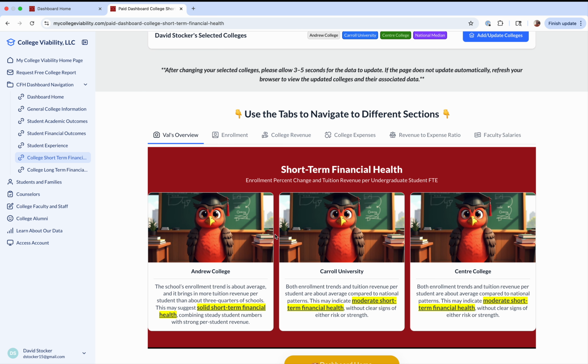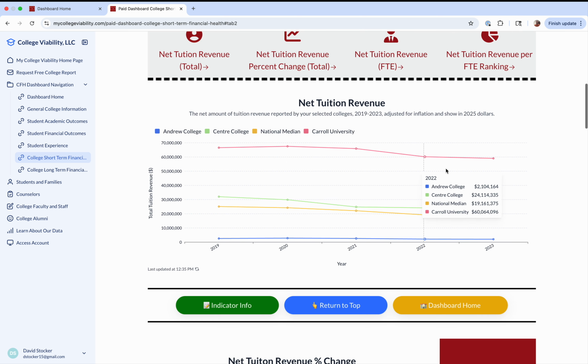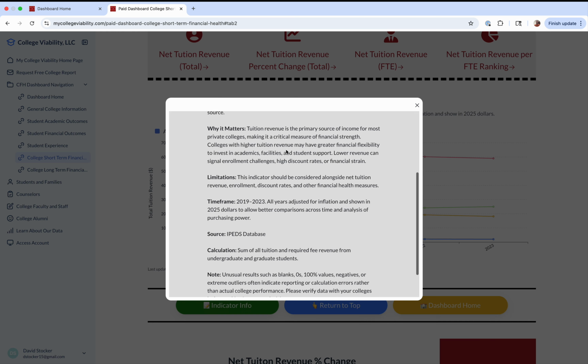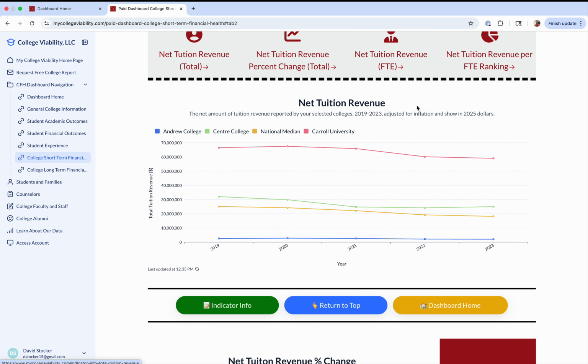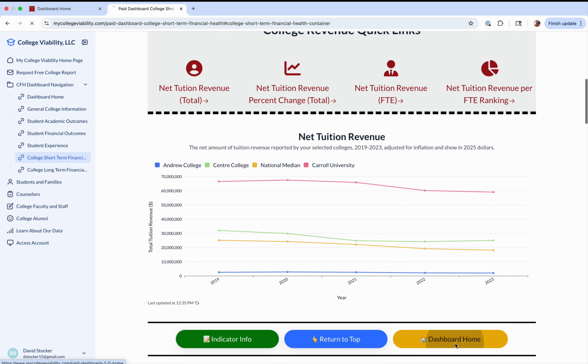So Val's Overview is a text-based analysis of some of the data, but you could also look at college revenue, looking at net tuition revenue over time here for your selected colleges. If you don't know what that means or want to learn more, you can click the indicator info and it's going to give you additional information on that indicator. If you want to go back to the top of the page, or you can return back to your dashboard